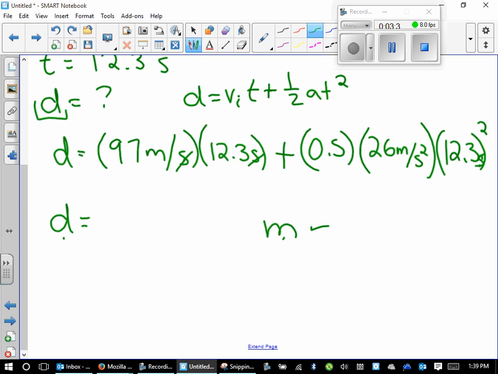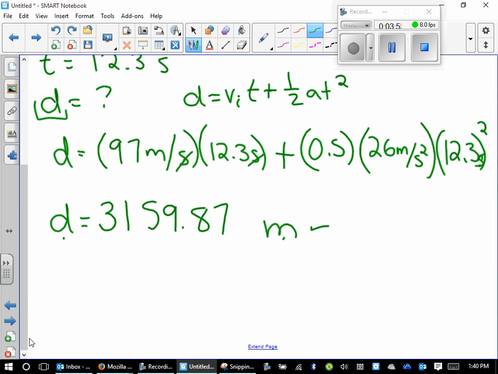Okay, I want you to put this entire thing into your calculator. I don't want you just to watch me do this. I want you to have your calculator and do this at the same time. That's going to ensure you can do this on an assignment or a test. So press pause if you need to, put it in your calculator. When it's all said and done, you should get